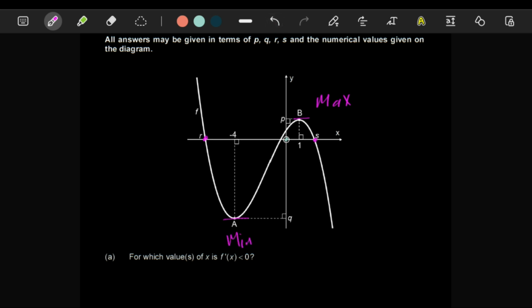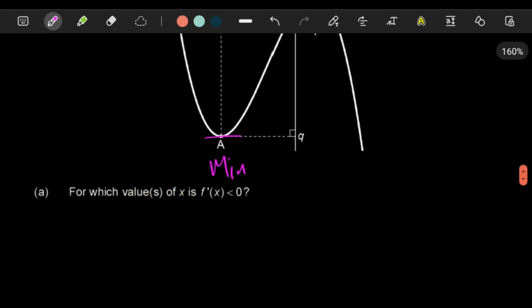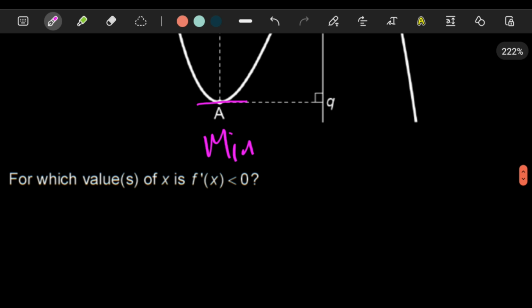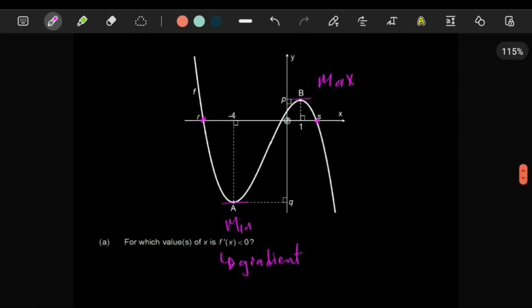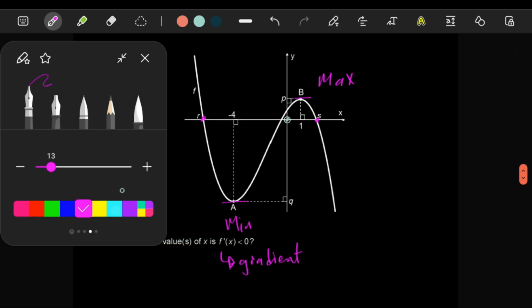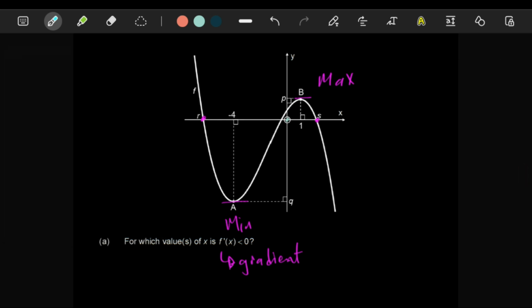There we go. And then it says, for which values of x is the gradient smaller than 0? You see, remember, first derivative means gradient. This question is literally asking you, where does this graph have a gradient that is negative? And a graph will always have a negative gradient if the y values are decreasing as you're moving from left to right. So if you're looking at the image,